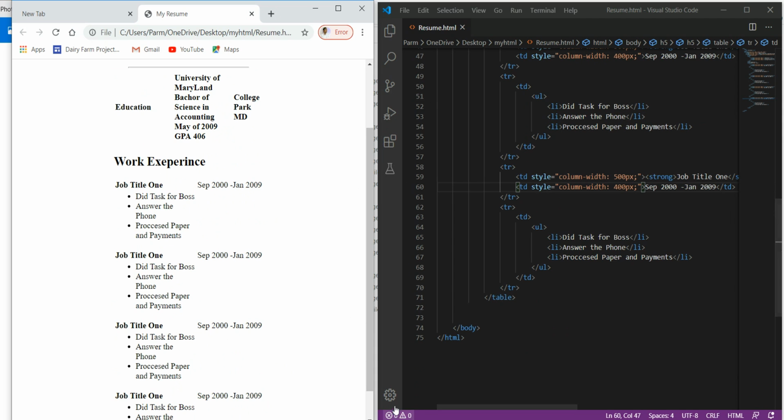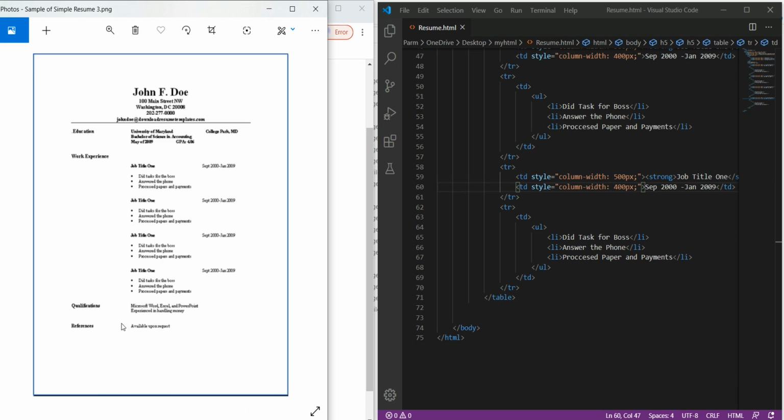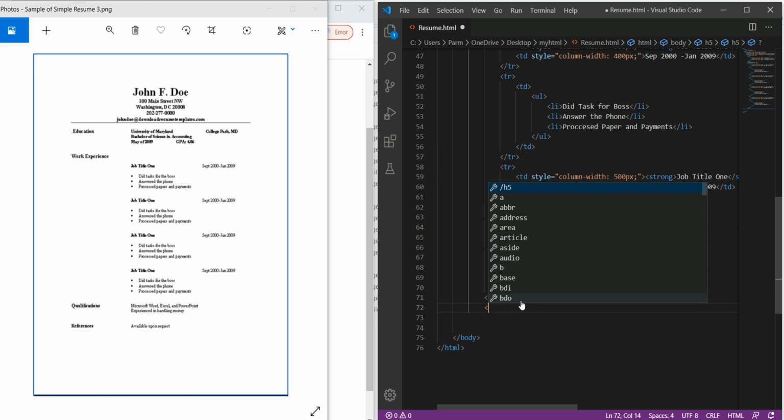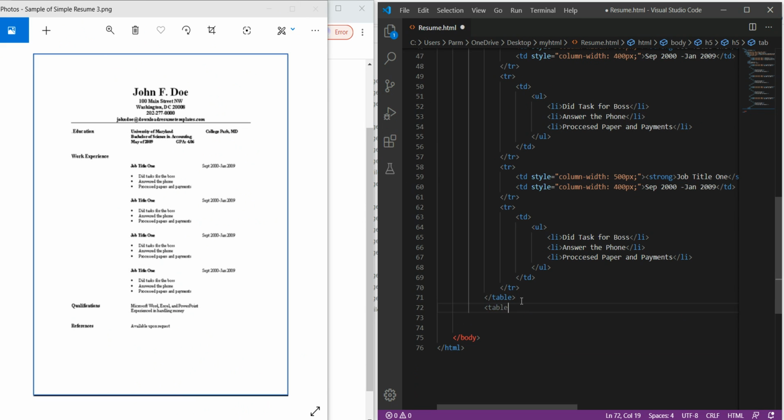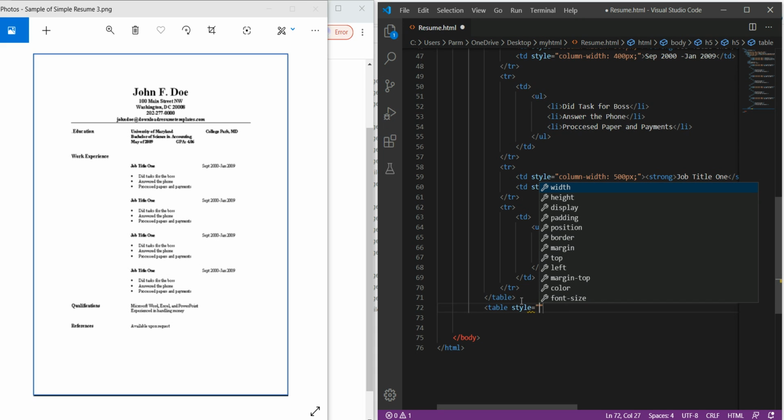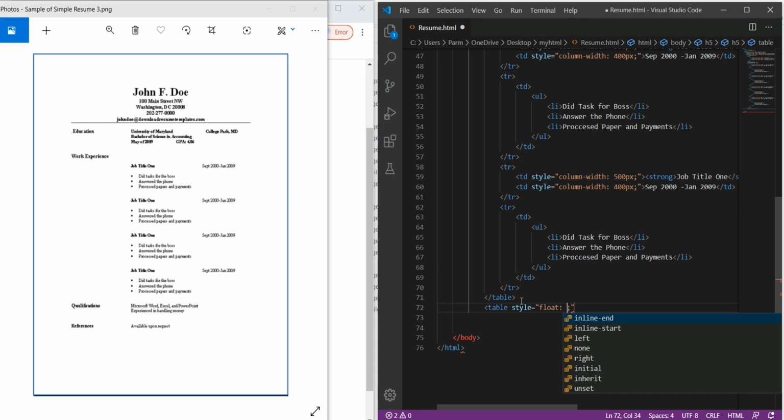Now in the next line, what we need to have is a table over here. So we go with this, and here we will use a table, and this time we will use the style property, and here we use float left.